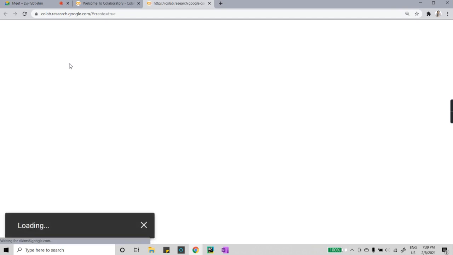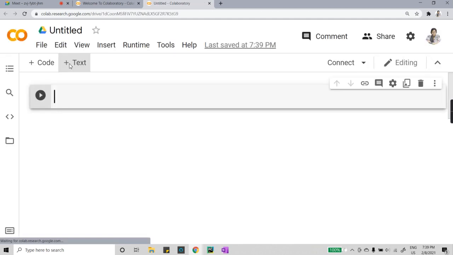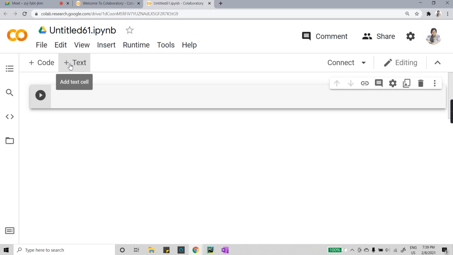So in this new tab, my Google Collaboratory notebook will be loading. All these things depend upon your internet connection, what type of bandwidth you are having. Right, this is the format of how your Google Colab notebooks look like. Next, if you want to rename it, you will click here, before this .ipynb. This .ipynb is the file extension for your Google Colab notebooks.